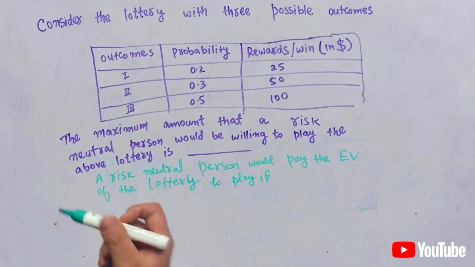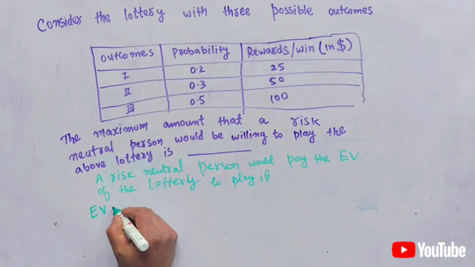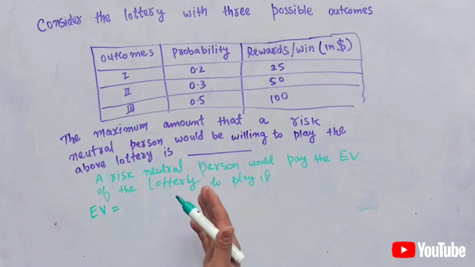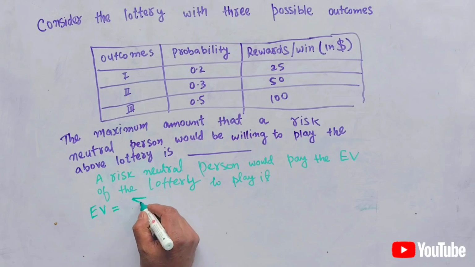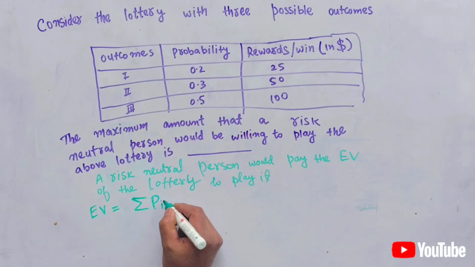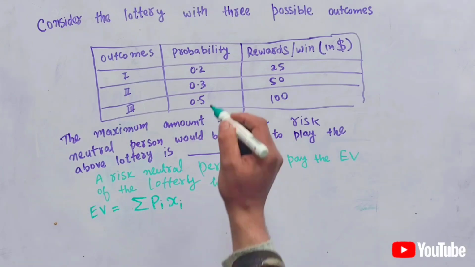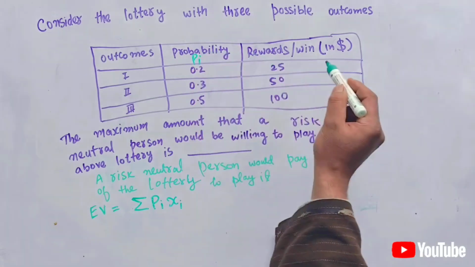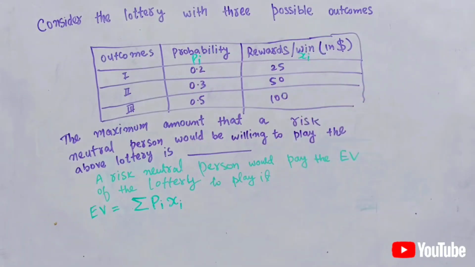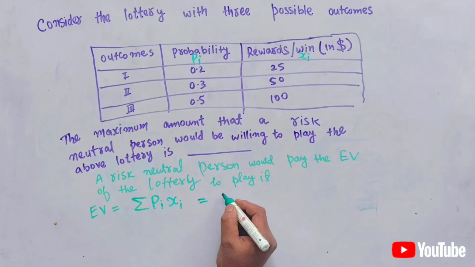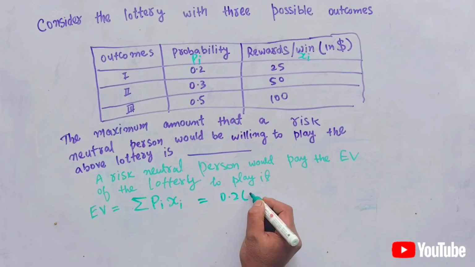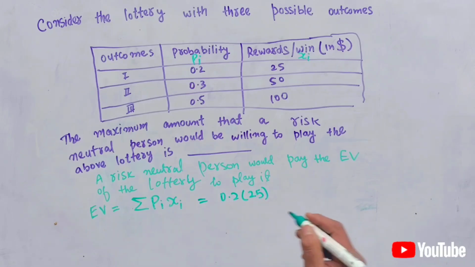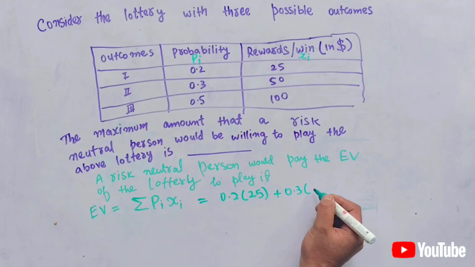Now, what is expected value? Expected value is simply equal to the probability of each outcome times the payoff for each outcome. That is, expected value is equal to the summation of pi times xi. If I denote probability by pi and the rewards by xi, then it will be equal to 0.2 times the outcome, plus 0.3 times the corresponding outcome,